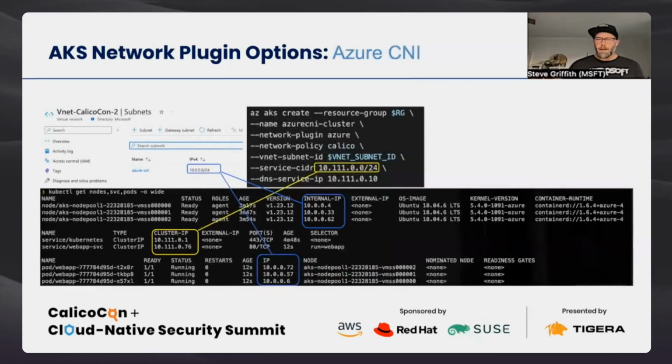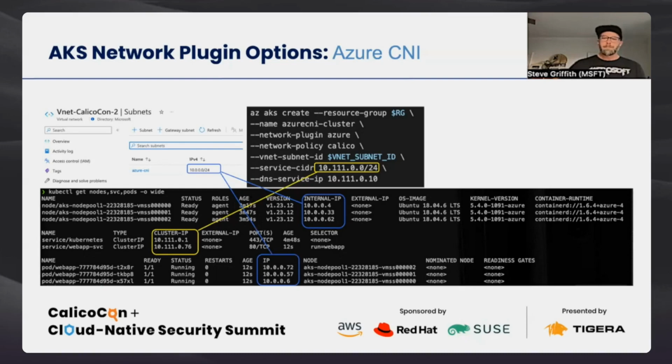The first one is Azure CNI. Azure CNI allows you to specify that you want your pods deployed directly onto your Azure subnet. So in this case, you can see both the node IP addresses and the pod IP addresses are pulling from that subnet that the cluster is deployed to. And this is a good option, and it gives you some low-level control over your network traffic for pods. However, it is very aggressive with pod IP address consumption, right? So every pod is going to get its own IP,